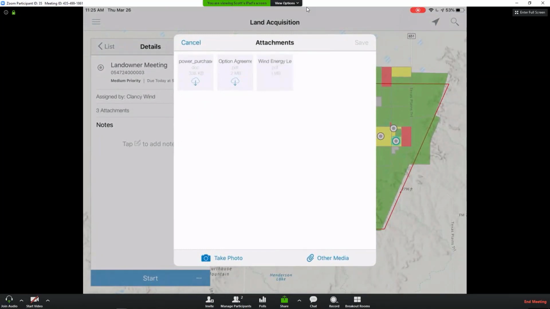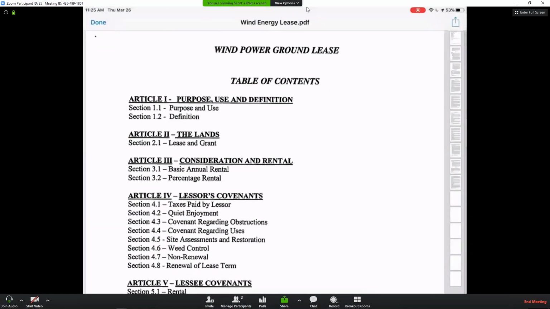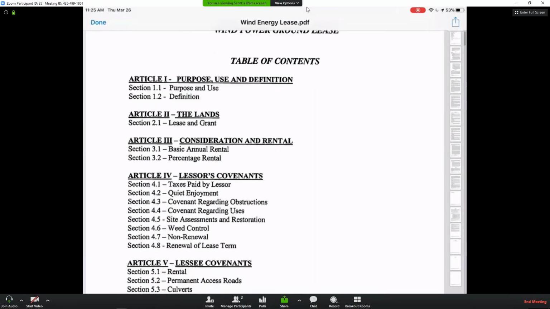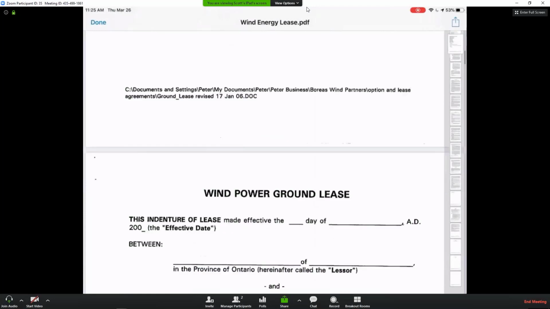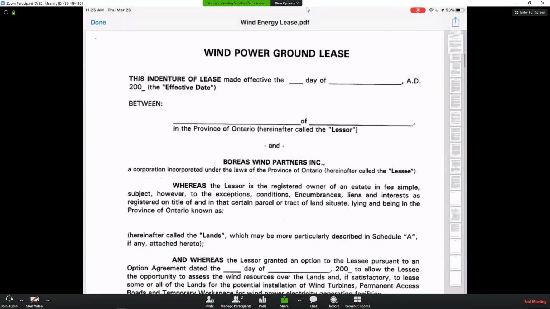So as I'm conversing with that landowner, I may need to pull up a sample lease document and actually talk through that with them. So this is a great way to reference that while I'm out there in the field. I can just pull this up and we can look through some potential terms of an agreement. And then